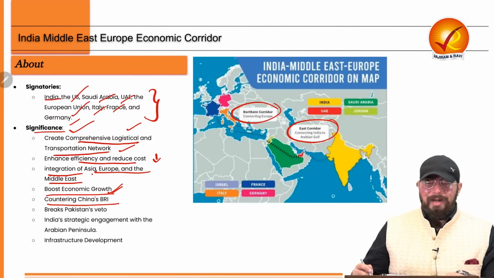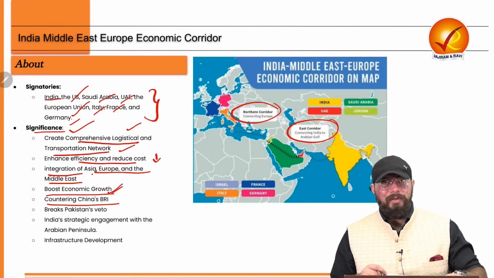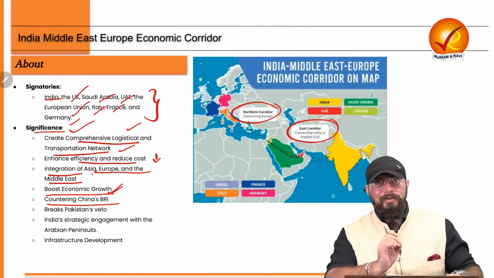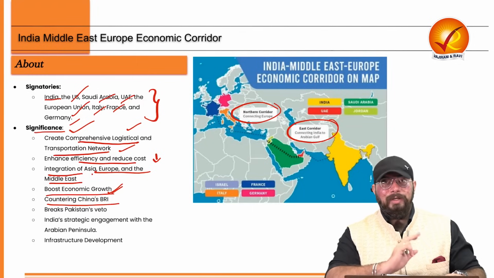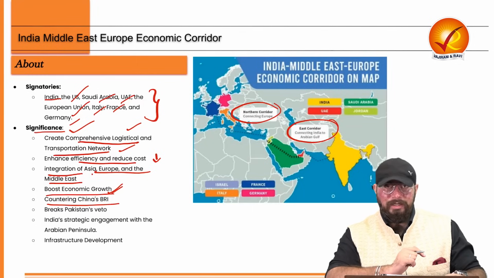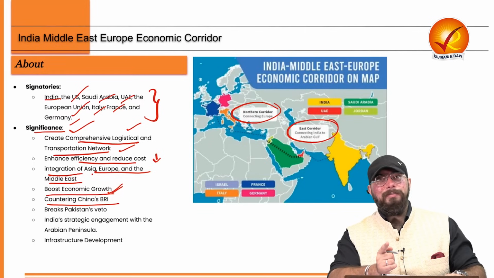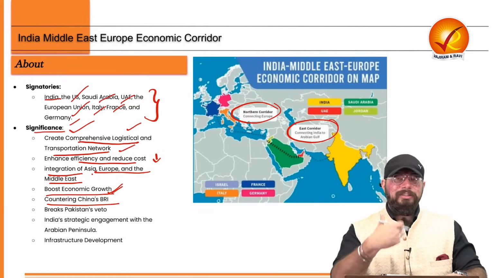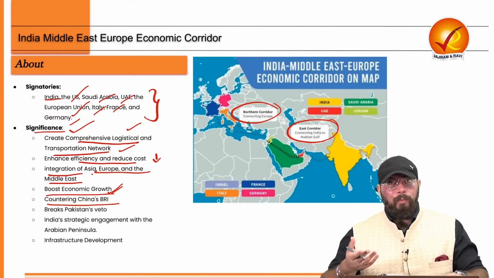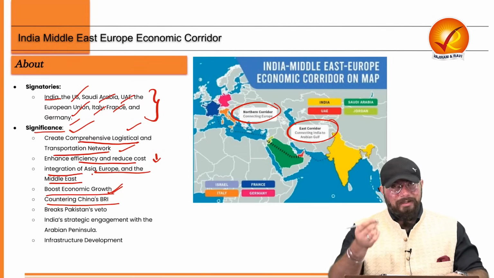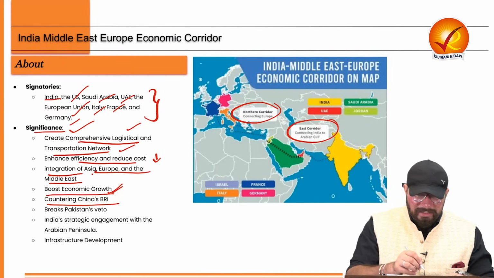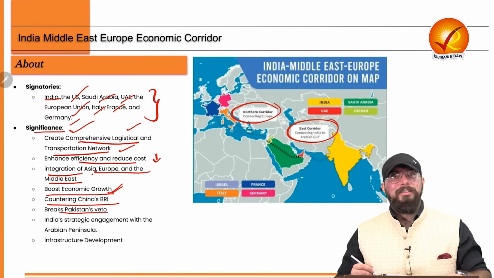Countering China's Belt and Road Initiative. Now, you know that China's Belt and Road Initiative is a direct threat to our territorial sovereignty and integrity. That is why we do not support this Belt and Road Initiative. Now, to counter this Belt and Road Initiative, India is having its own infrastructural plan, which is global in nature. So, it will directly counter the Belt and Road Initiative of China, and it will also break Pakistan's veto